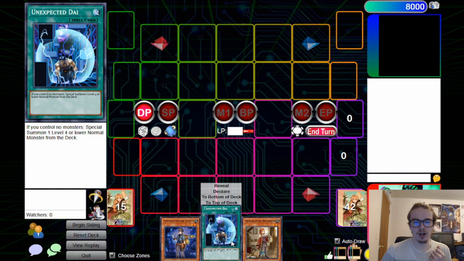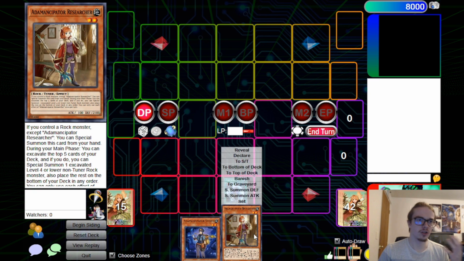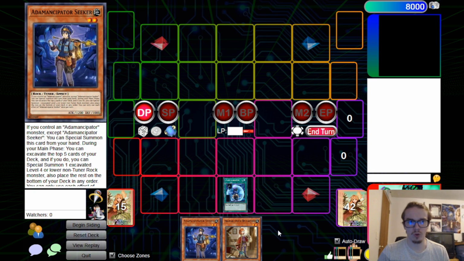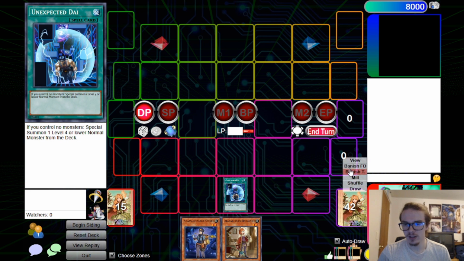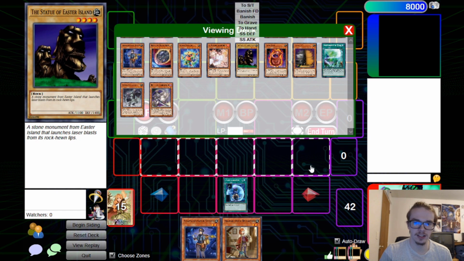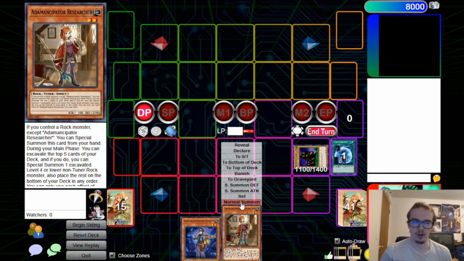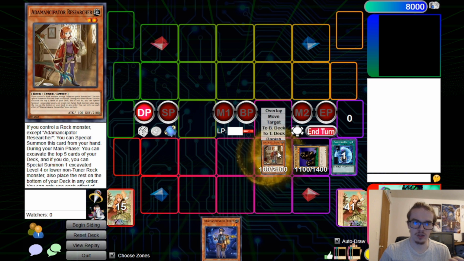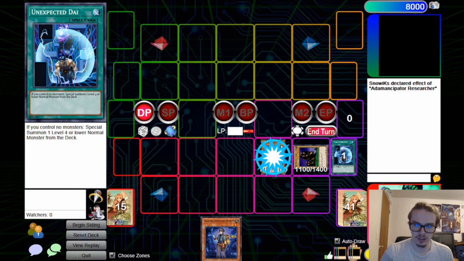Alright, so this is where Unexpected Die comes in. So say we have our Seeker and Researcher, or just one or the other. What we can do here is we can activate our Unexpected Die. We can special summon out the Easter Island head, and then now we have a rock for us to start our combos with. So we can special summon out the Researcher, and then from here we can excavate the top cards. So what we can do is we can go declare, I don't know,